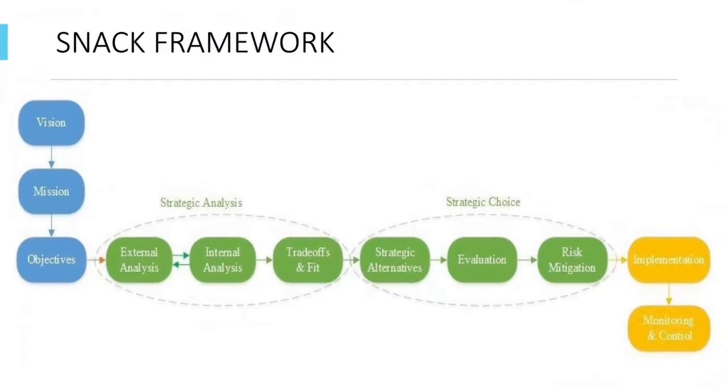We are honored to present SNAKE to you today. SNAKE is a generic framework, and one of its advantages is that it can be applied at both corporate and business levels. What changes at the business level is the set of tools we use at each step, as we will introduce next. Our package today will cover VMO, strategic analysis, strategic choice, and then implementation and control can also be covered with our universal package if there is a need for that.